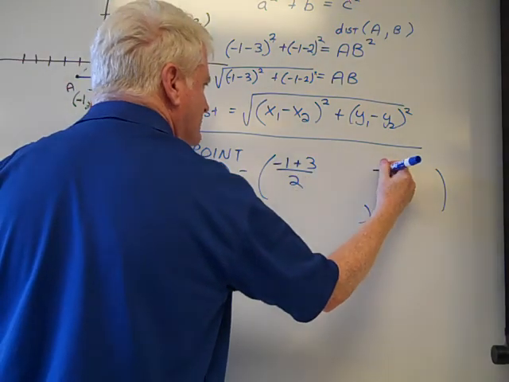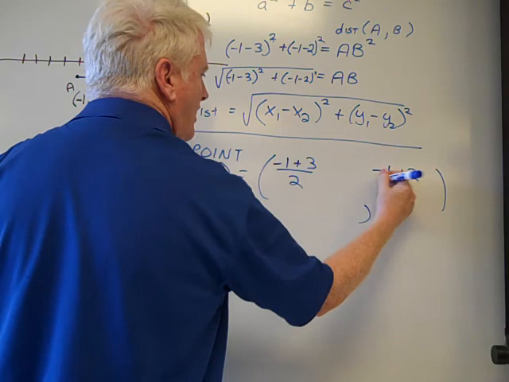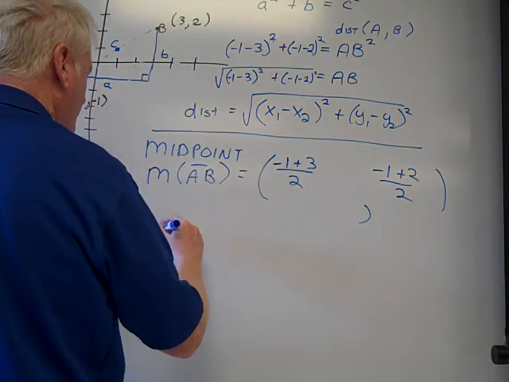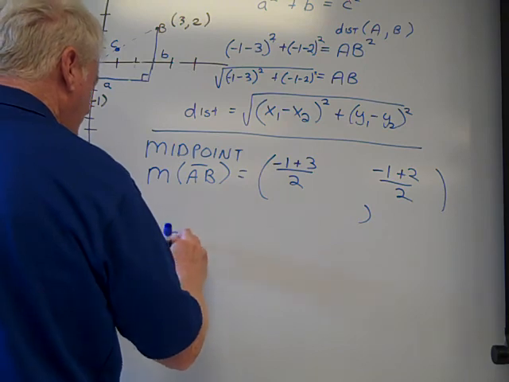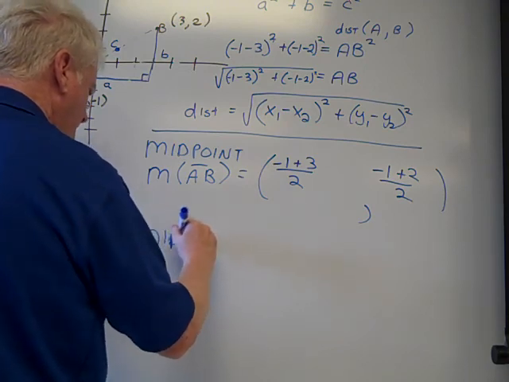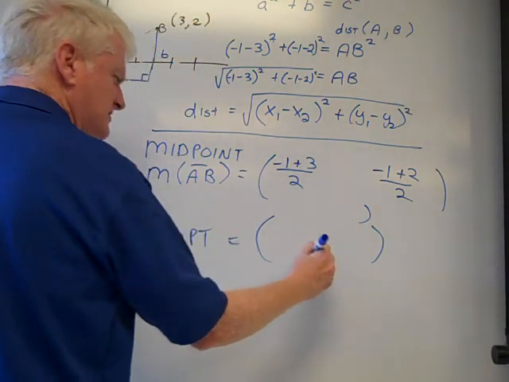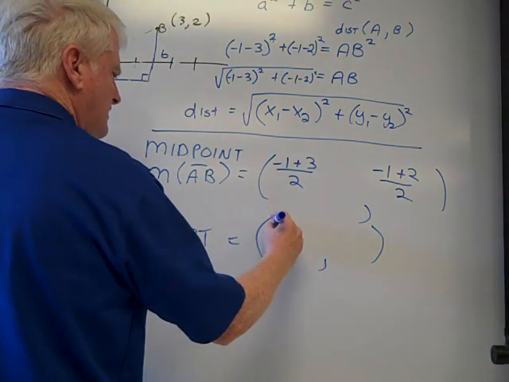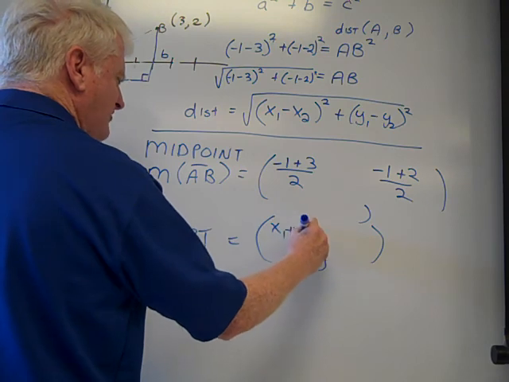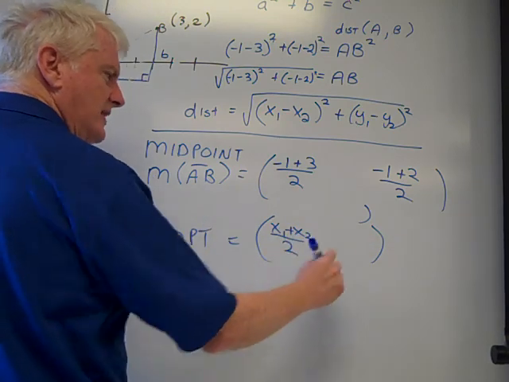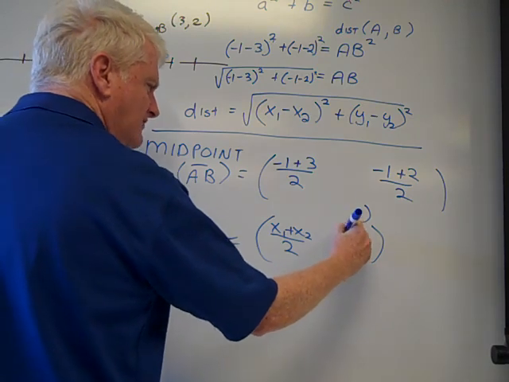The second coordinate is going to be the average of the y values. So in general, for a formula, our midpoint is going to be a point, 2 coordinates. You're going to have x1 plus x2 over 2, the average of the x's, as the x-coordinate, and the average of the y's